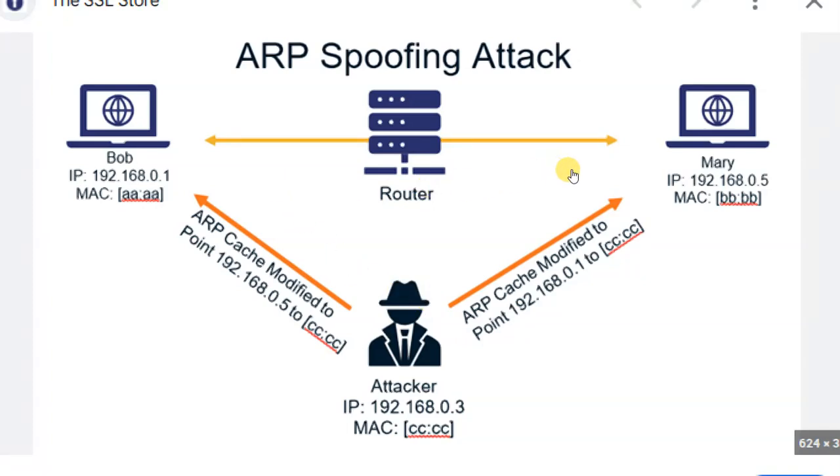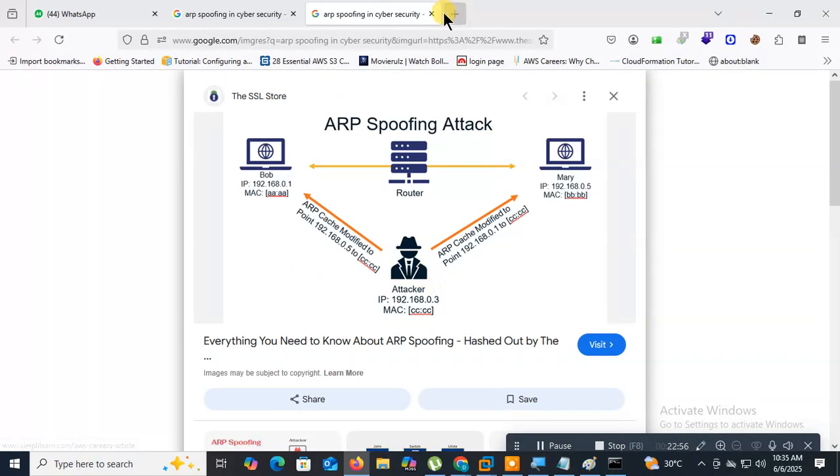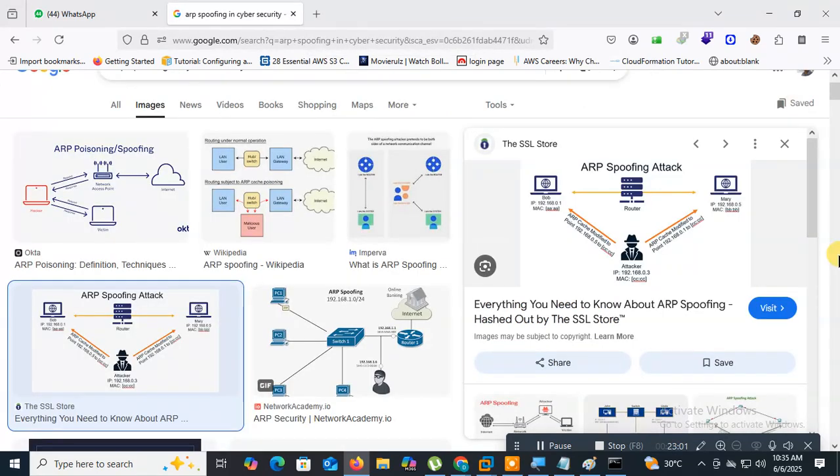Here the ARP cache is modified to point toward the attacker, and the attacker points toward the router's IP address. Whenever this IP address tries to access any information, it will be redirected to the attacker. How do you do the ARP spoofing attack or man in the middle attack? By using ettercap. With the help of ettercap, we can extract the